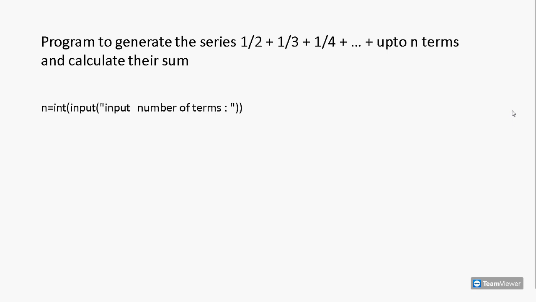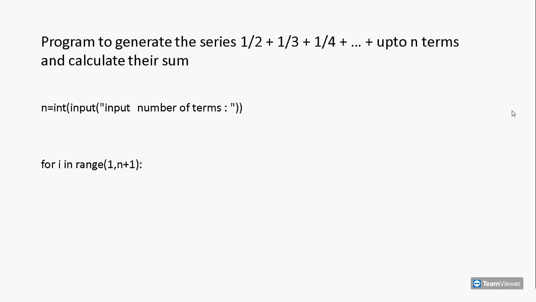First, we will ask the user to enter the number of terms and accept it in a variable n. Now, to generate n terms, we need the for loop to run a total number of n times. So we need to generate a total of n numbers through the range function. This can be done by using the arguments 1 and n plus 1. This will generate a list of integers from 1 to n.